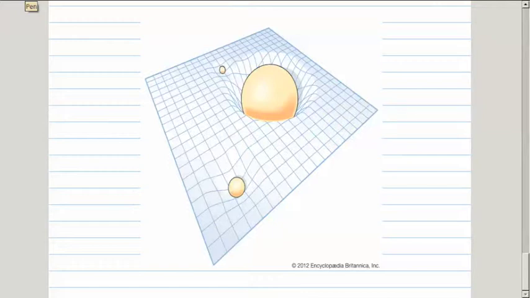Okay? So for instance, imagine here that the entire universe is in this two-dimensional sheet. Okay? So I have 3 objects of different masses, the smallest, the one medium size, and really massive one. And all of 3 of them bend the space. And the larger the mass, the bigger the bending. So if I had another object that was nearby, it would fall into this curved space. And that's basically how